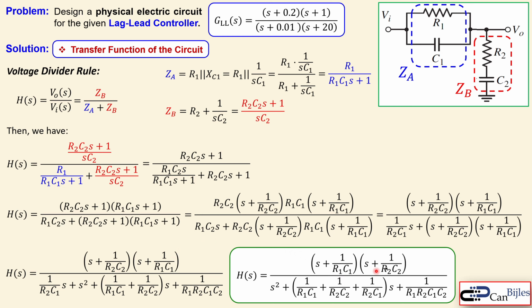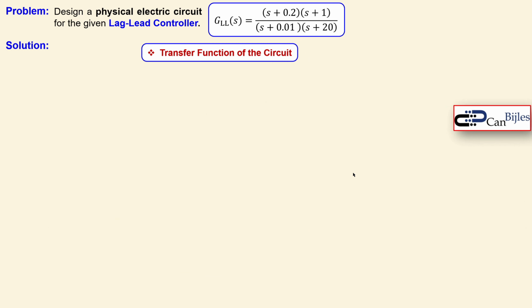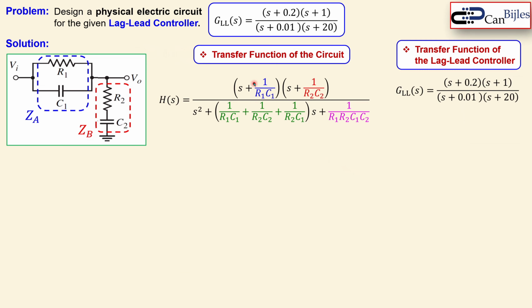the transfer function. This is not exactly the representation given by the lag lead controller. There is a denominator which is in a product and we have it as a polynomial, but we'll work it out shortly and compare the result closely to the given expressions here. So let's bring it together. Now this is then the transfer function we have of the circuit,